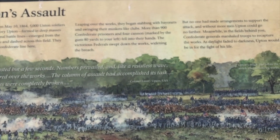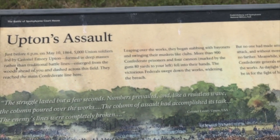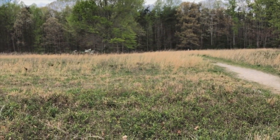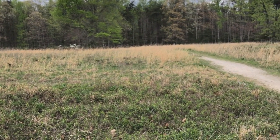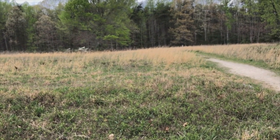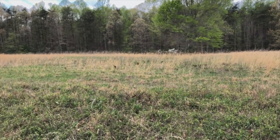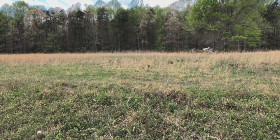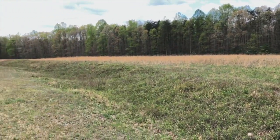Led by Colonel Emory Upton, formed in deep masses rather than traditional battle lines, emerged from the woods ahead of you and dashed across this field. They reached the main Confederate line here. Leaping over the works, they began stabbing with bayonets and swinging their muskets like clubs. More than 900 Confederate prisoners and 4 cannon, marked by the guns 80 yards to your left,